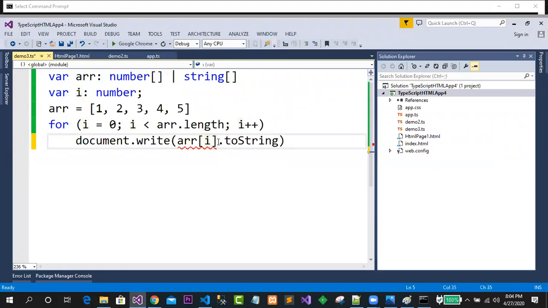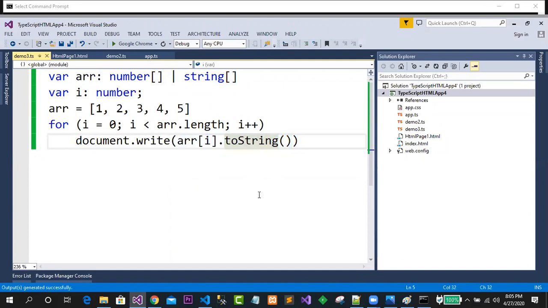So let me just convert it to string. Can it be possible? Yeah. So now for this timing, what happened, guys? This write is only taking string type of values, so that is why the value has been converted to string kind. Clear? If we were using console.log, it would have shown the output without converting it. But in this kind, we have to convert it. Why is it required to convert? Because we are trying to print a number kind of array. So it must be converted to string, because your write method is taking only string type of values.